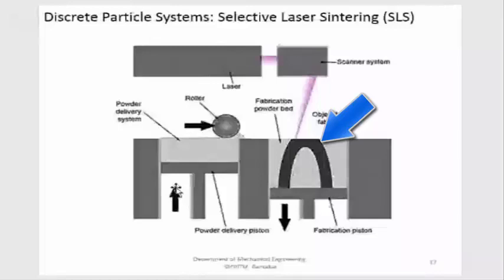So in selective laser sintering, you have to remember, there is no complete fusion of the particles. There will be some material called as binding element. Only that binding element is going to be melted and it is going to adhere to another particle and it is trying to form a solid.